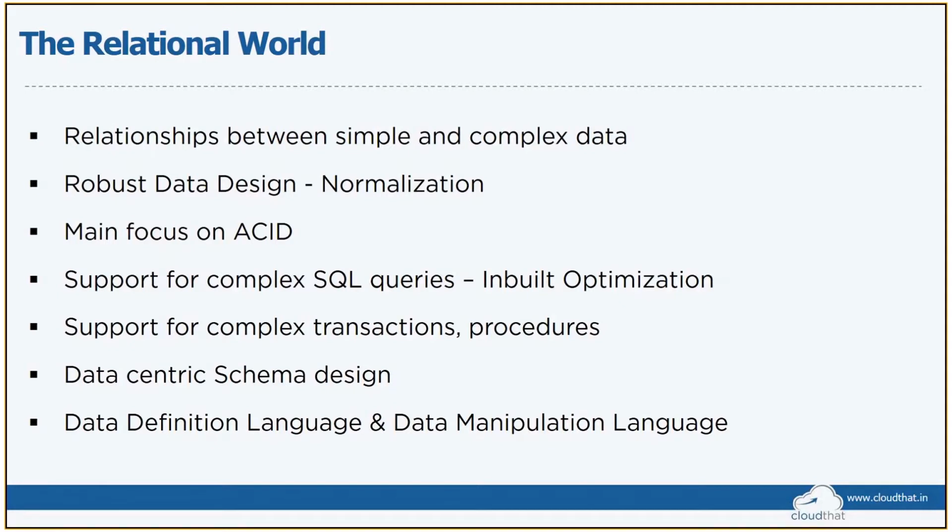Coming to the relational world, as I was saying, the focus is mainly on storage. If you look at normalization, the first normal form, second normal form, and multiple types of normalization, they are mainly meant for storing information in a robust fashion. You don't want to repeat yourself. You want to make sure that you're using the storage in an optimum fashion, and that the querying, etc., is managed well.